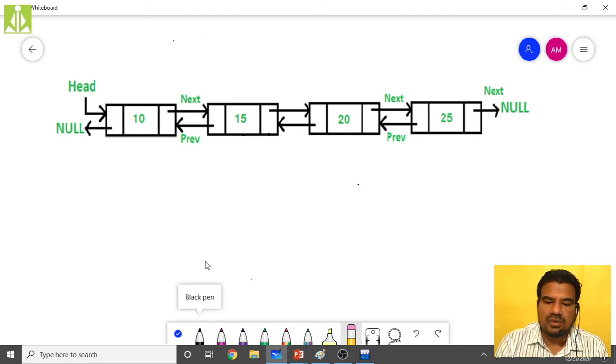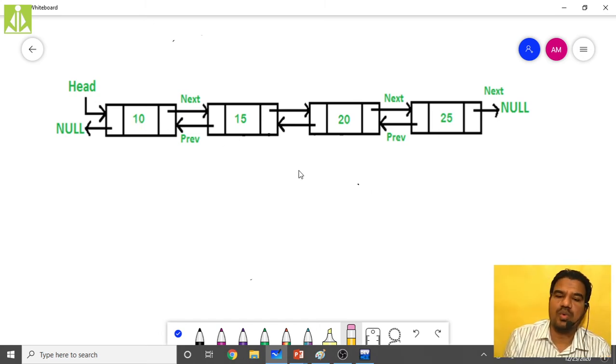Okay, so if this is our doubly linked list, what are the possibilities for inserting a new node? Suppose I want to add a new node into this. Already I have 4 nodes in my doubly linked list. As we have discussed, the index starts from here.